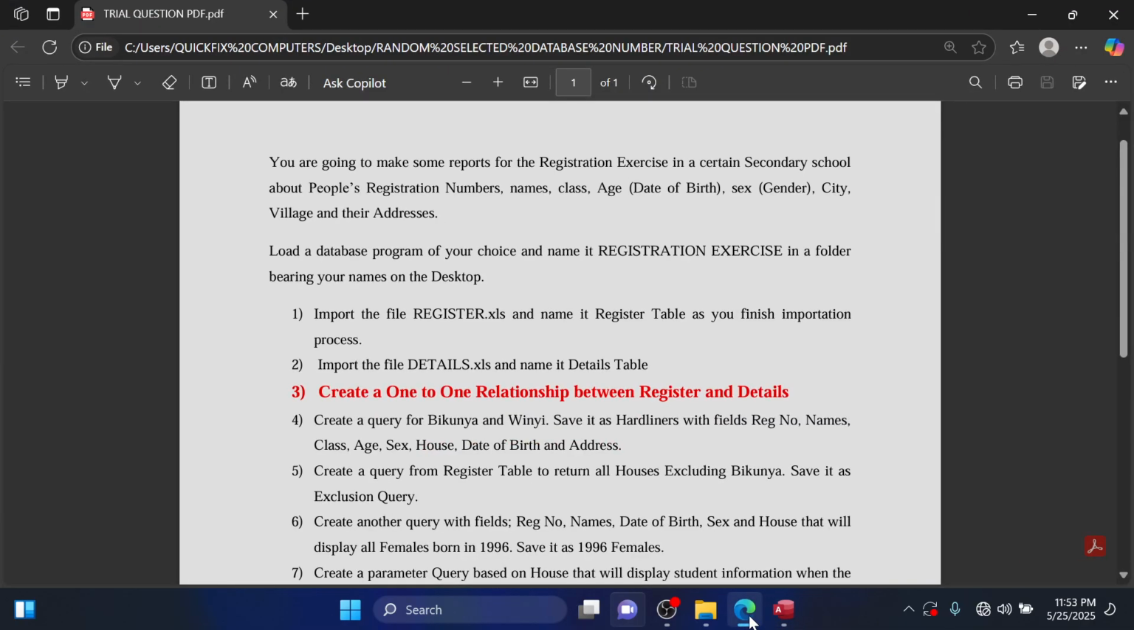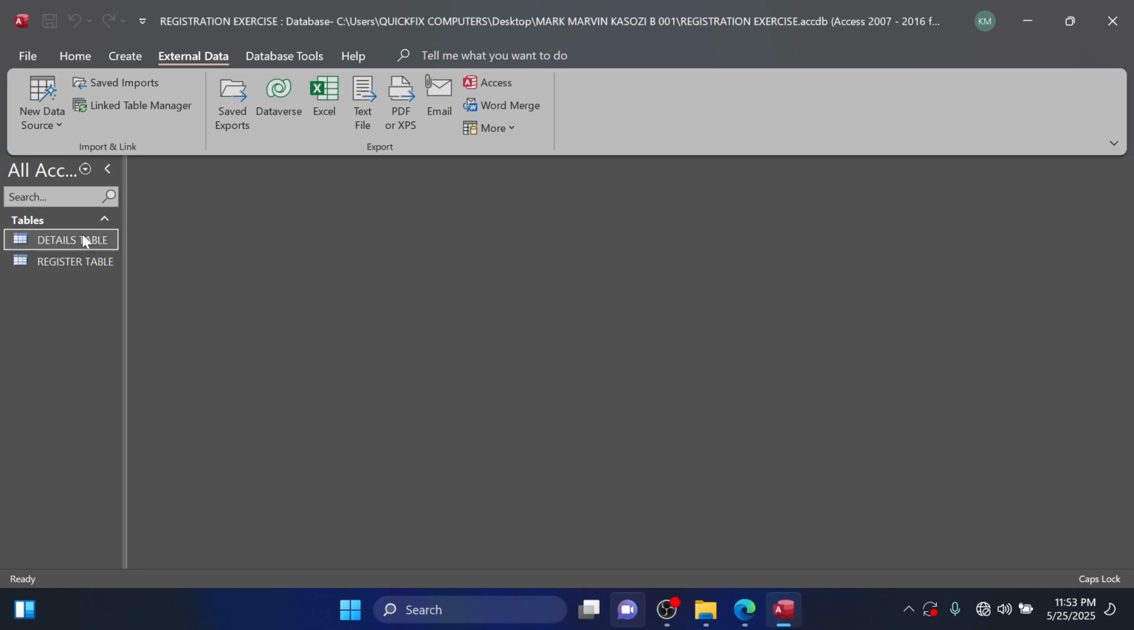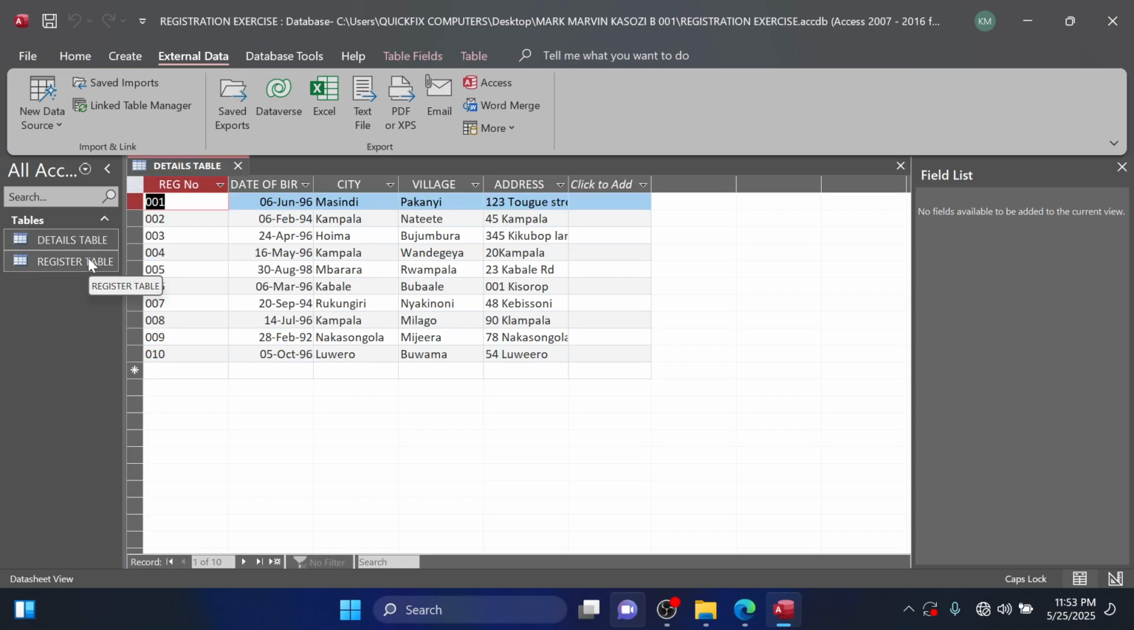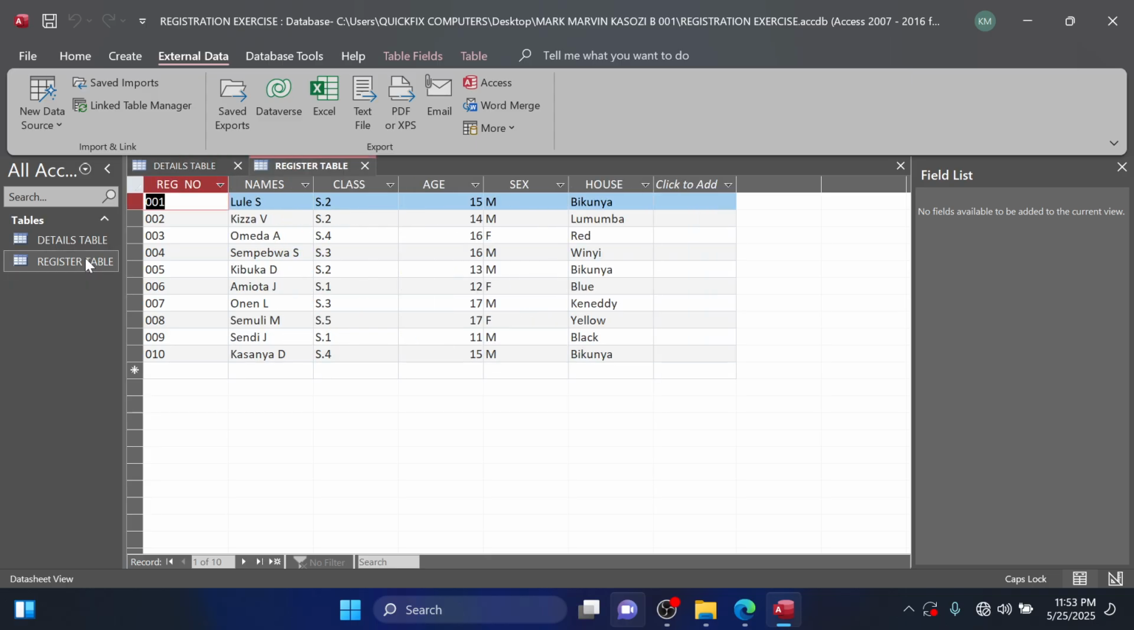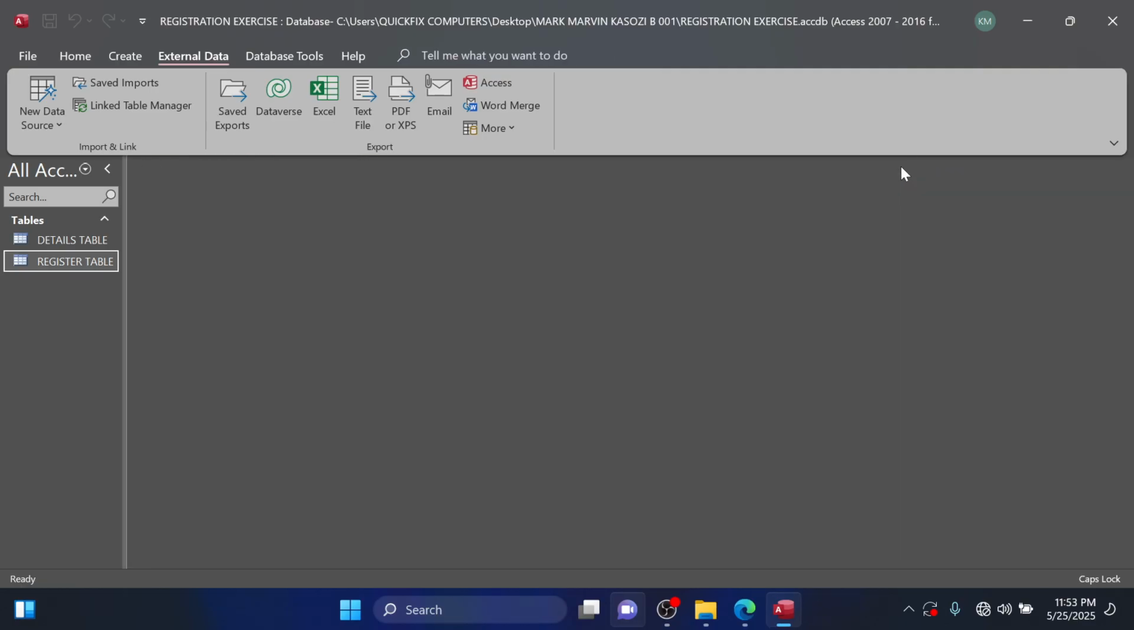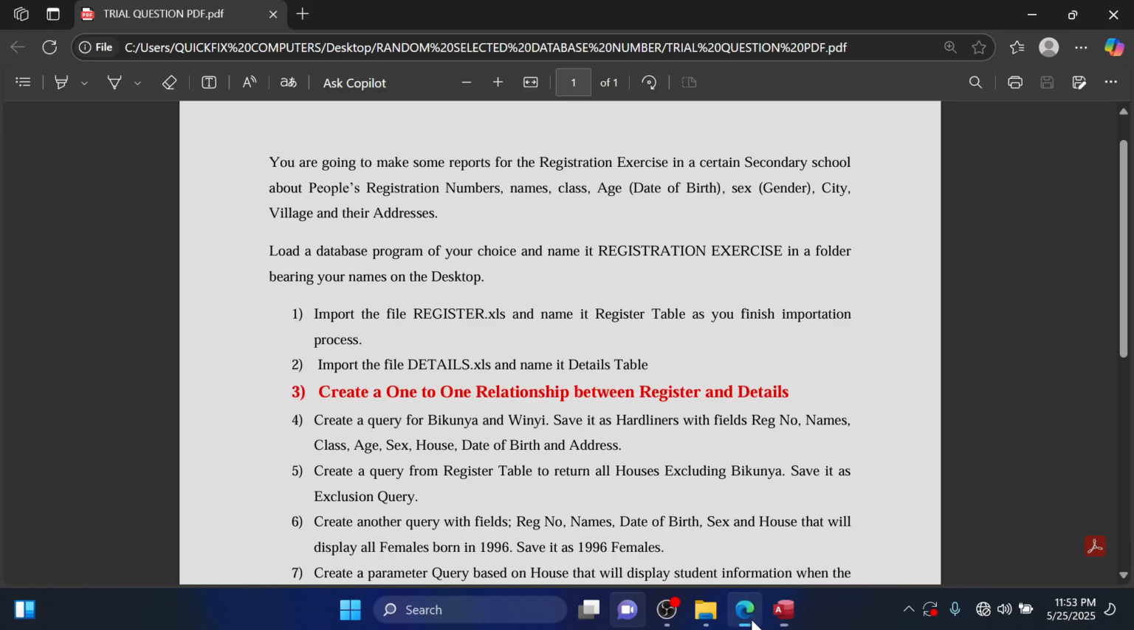Now, according to the first two questions, I was pushed to import 2 Excel files into my database, and my database right now has 2 tables, that is details table, then it has register table. Those are the 2 tables I'm having so far, and my database is now called a relational database because it is having 2 tables. Any database having 2 tables or more is called a relational database, and the database having 1 table is called a flat file database. I can close this table and then I can close this one here